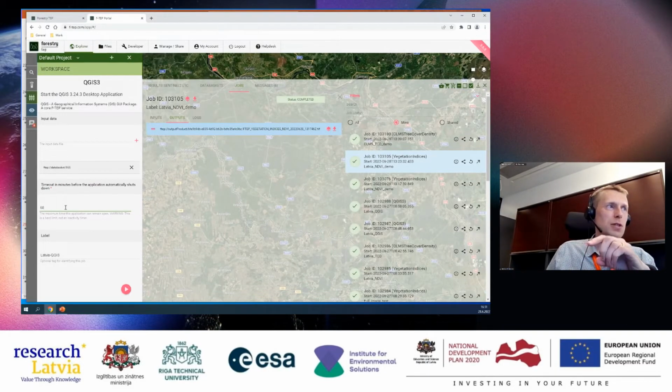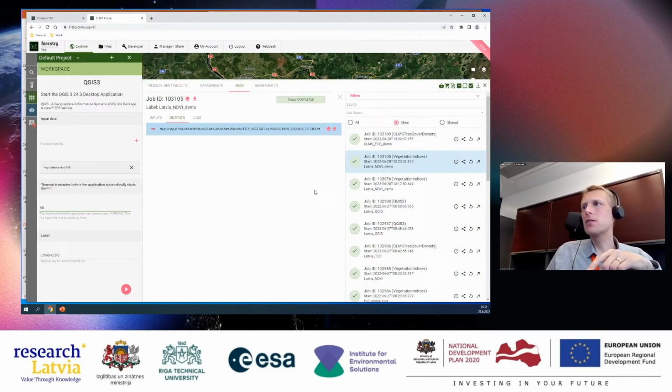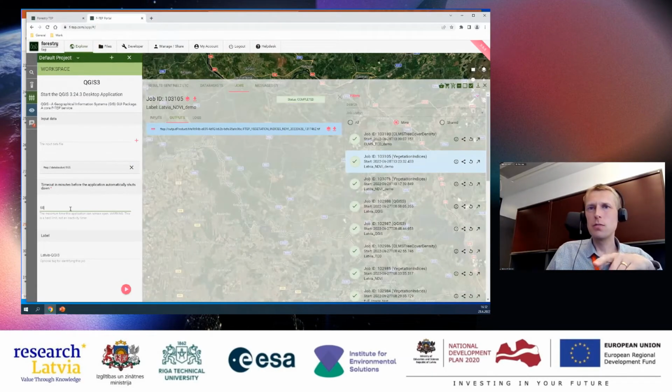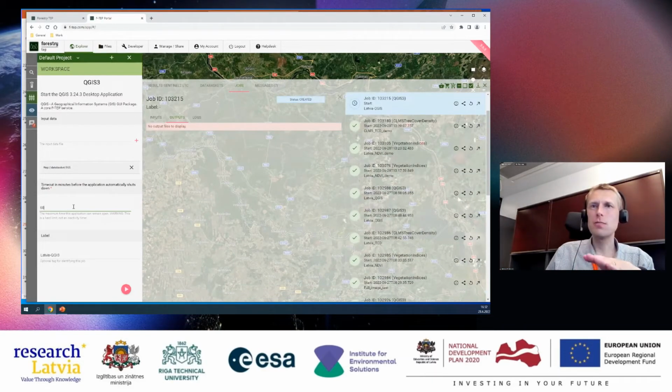This was originally created because you can terminate the job if you want, but if you just close the browser window, it won't terminate the job actually. So there was a danger that these QGIS jobs would continue running forever on the platform if people don't specifically terminate them. And that's why there is this timeout.